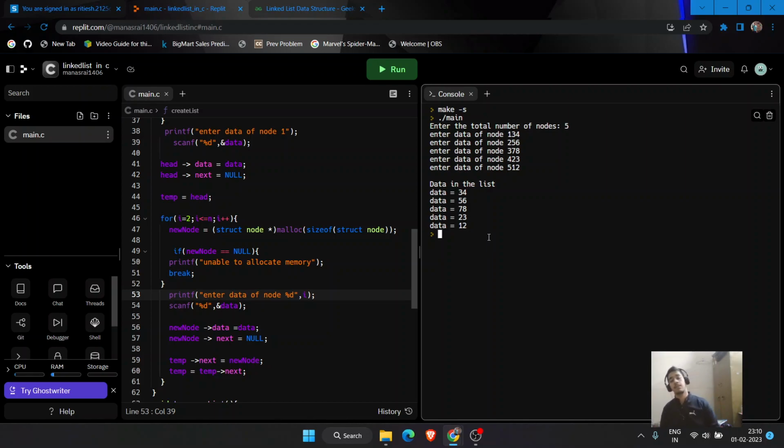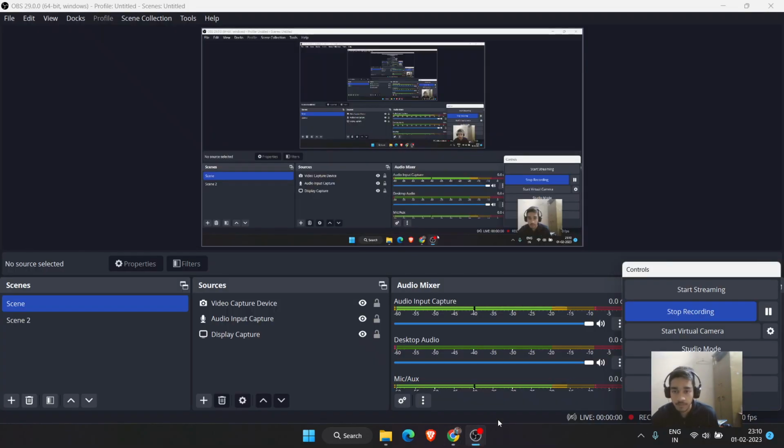This was how we need to create a node in a linked list, traverse the linked list, and create the linked list. So thank you everyone. We'll just be resuming the